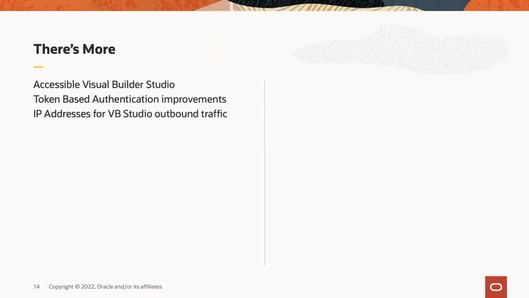So those are the main features in the new versions of Visual Builder and Visual Builder Studio. There are a bunch of other features that we added. One of our focuses in this release was to make Visual Builder Studio fully accessible for people with disabilities. So there's a bunch of things that you would notice in the user interface in how Visual Builder Studio behaves. For example, the way that you reorganize steps in a build job has been changed a little bit. All of those are in order to help people with disabilities leverage our tools and develop applications